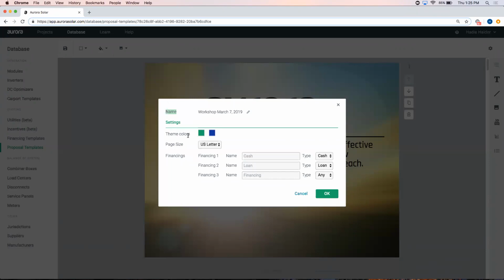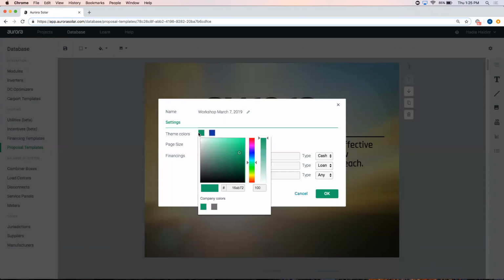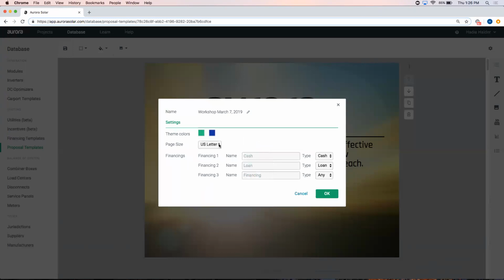We can update things like the theme color for our proposal template. So the theme color defaults to whatever company colors that you set under your general settings. But we can update that here. We can select a color. We can change the opacity of that color. And if you have a particular color that you're working with and you know the hashtag ID number, you can enter that in there. You can change the page size from US letter to A4. And then a very important part, setting your